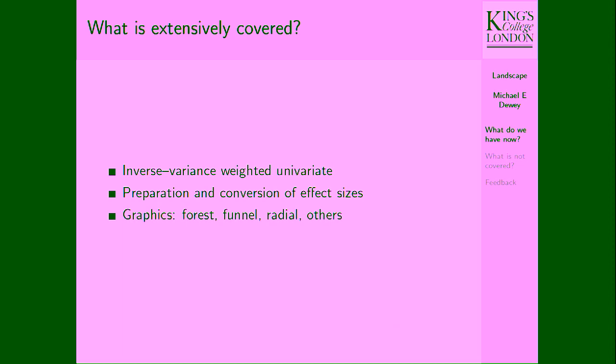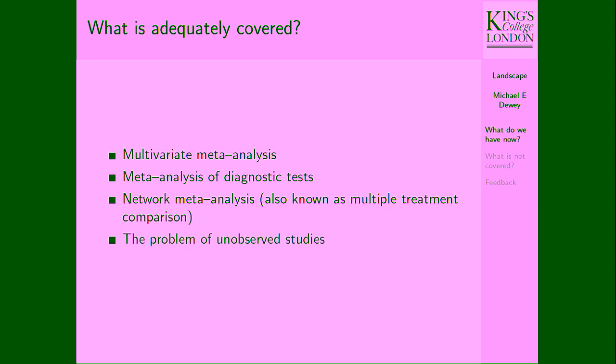use the other packages. Some things are very extensively covered: the standard method of inverse variance weighting, getting ready for meta-analysis, and graphics, which has always been a strength of the meta-analytical literature and approach. Some are adequately covered. There's at least one package that does these more or less well. For some of them, there are both frequentist and Bayesian approaches. Unobserved studies is also